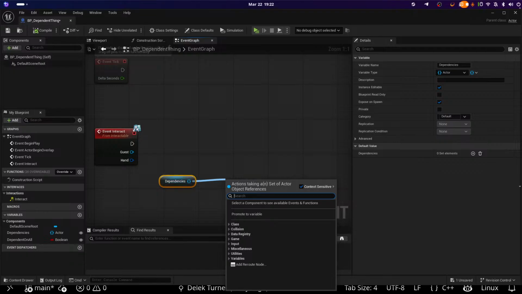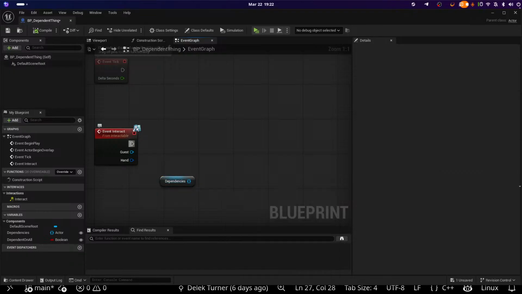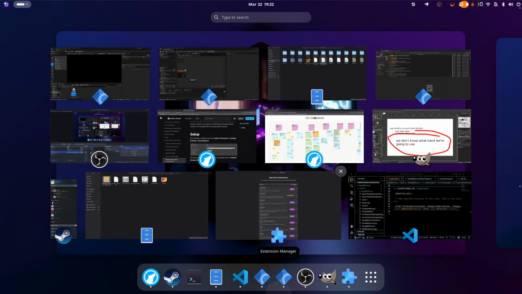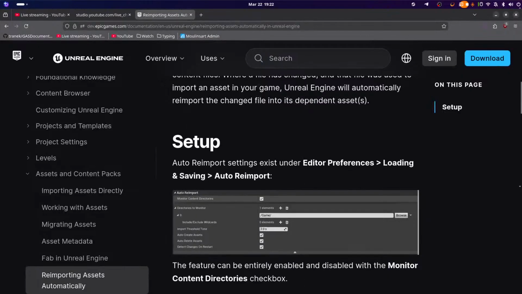Should I just make it like an array so I can work with it? I know we could just make it an array because we already know how it works, but set is the proper thing, right? Because you can only have one. If I add a thing into it accidentally,